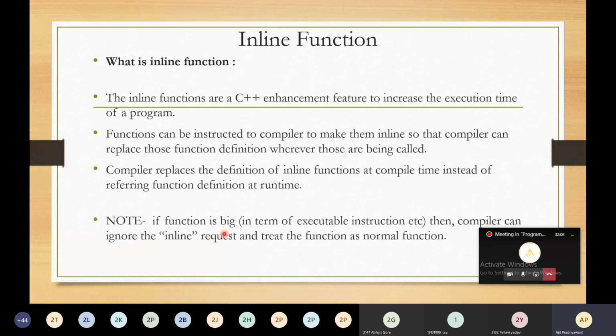If your function is big in terms of executable instructions, then a compiler can ignore the inline request and treat the function as a normal function. One property of an inline function is that if you have a small number of statements inside the function, make it inline. If you add more statements and make it inline, the compiler will treat it simply as a function, not an inline function, though you have mentioned inline.